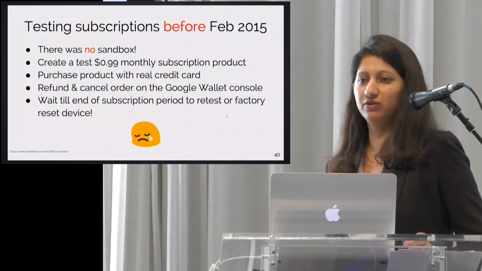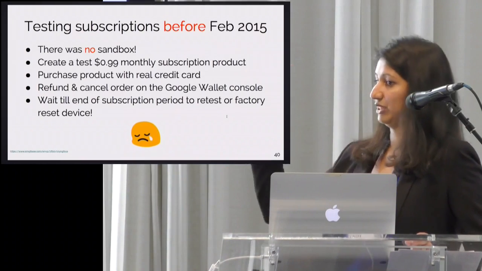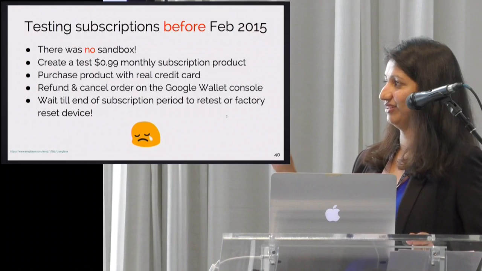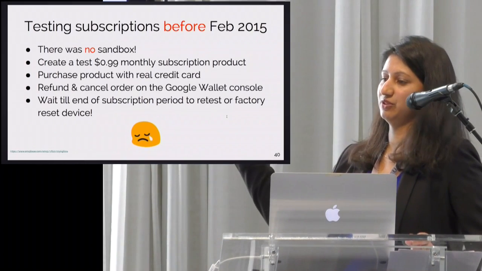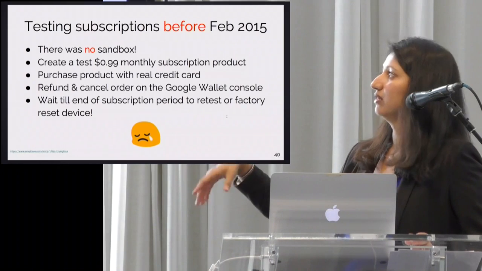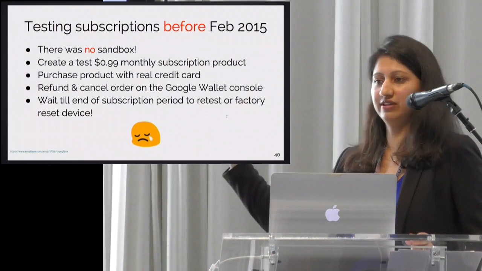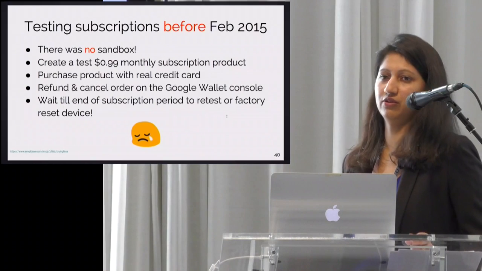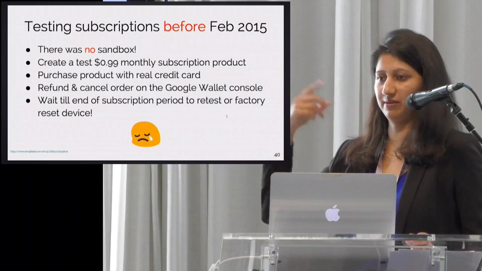If you don't refund it, you lose 30% to Google again. So make sure you refund it and cancel the order and wait till the end of the subscription period. So if it's a monthly subscription, you have to wait for a month. Either that or factory reset, or another option is to create yet another fake product and buy it to test